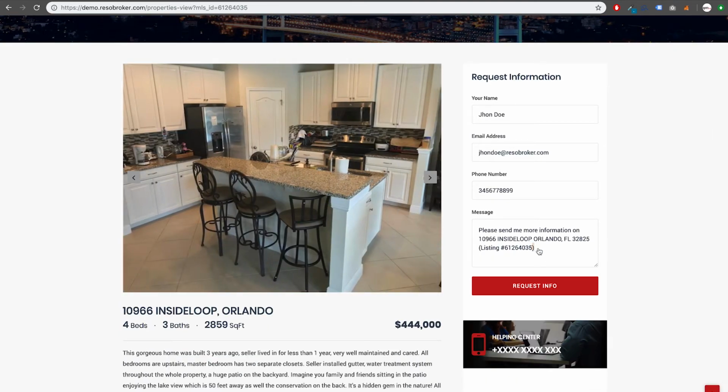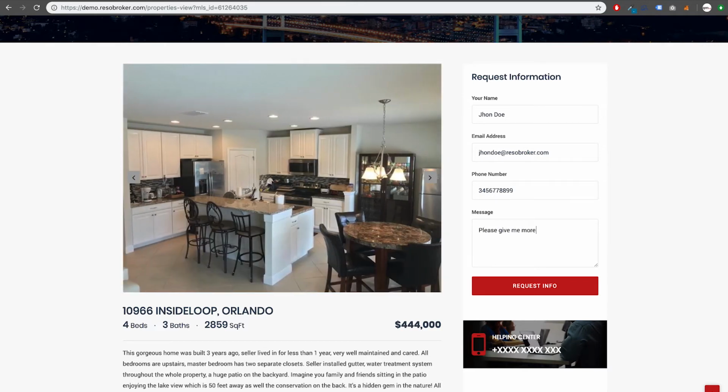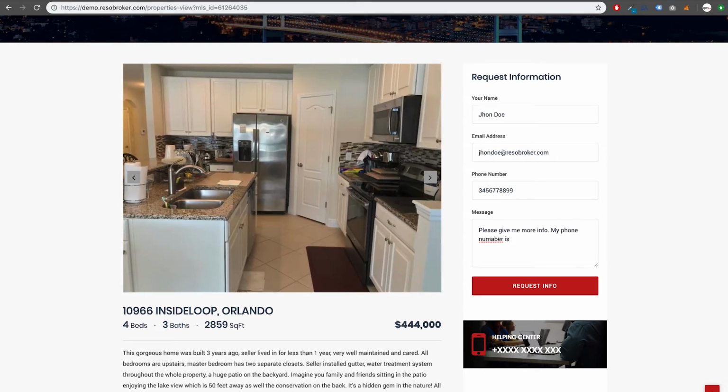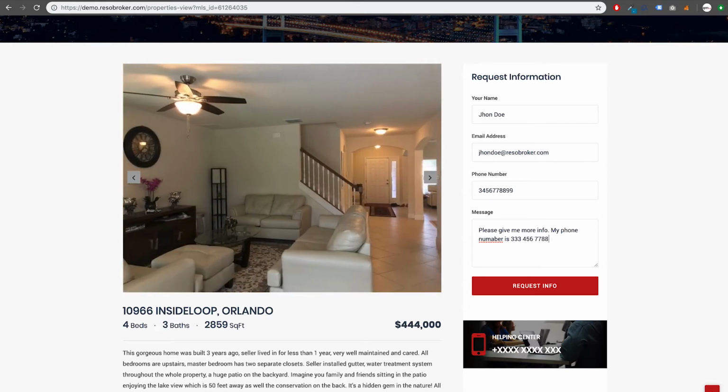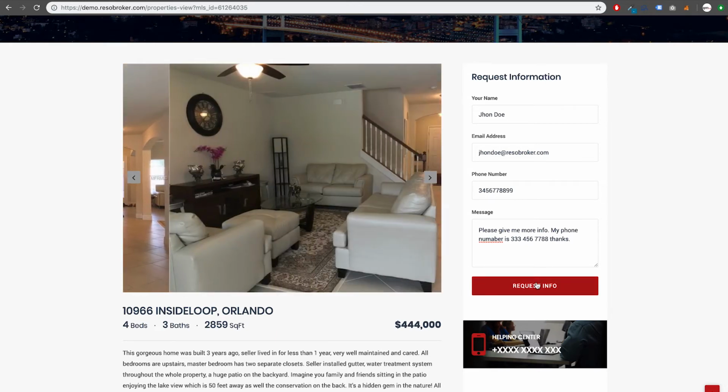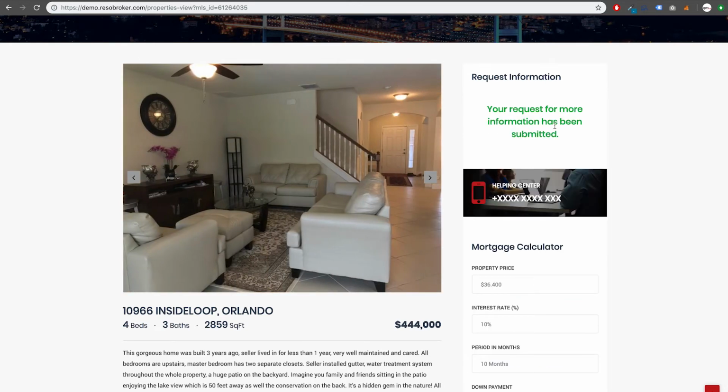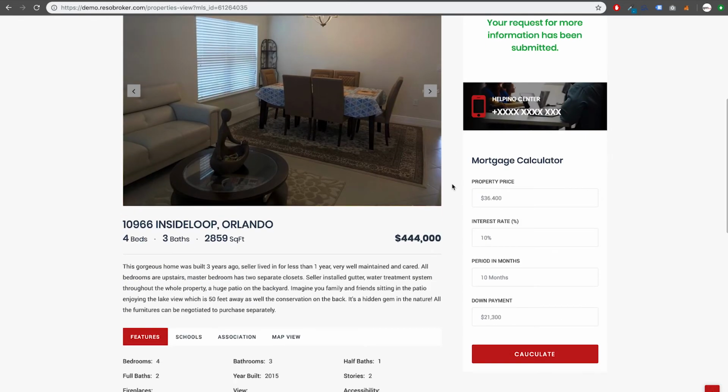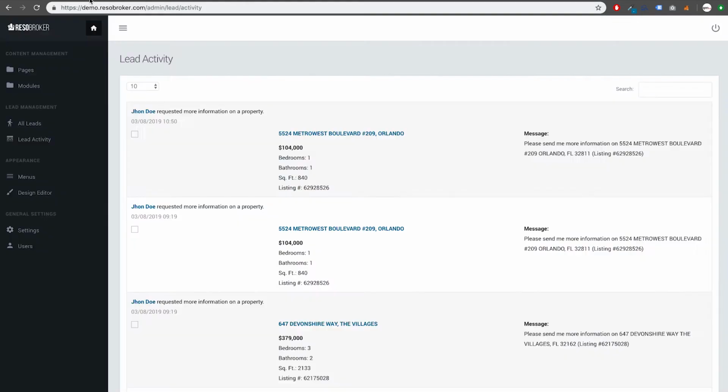There's pictures, and if the customer is asking specific questions, give me more information, or they might ask what is the HOA fee, or they might ask is there any restriction for this, you know, any deed restrictions on the property, HOA, any repairs. They might ask anything, and they might maybe just want to meet up with you to look at the property. So once they send the message to you, we will go back to our lead management,